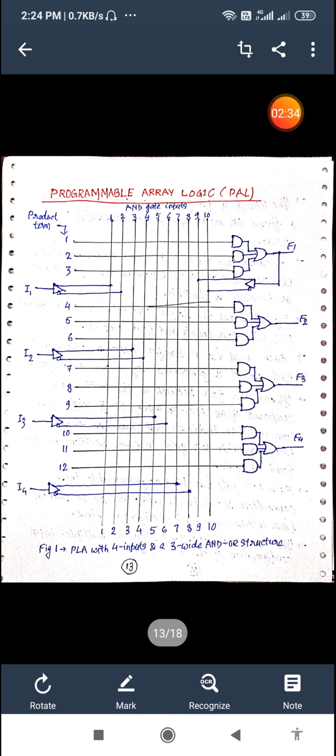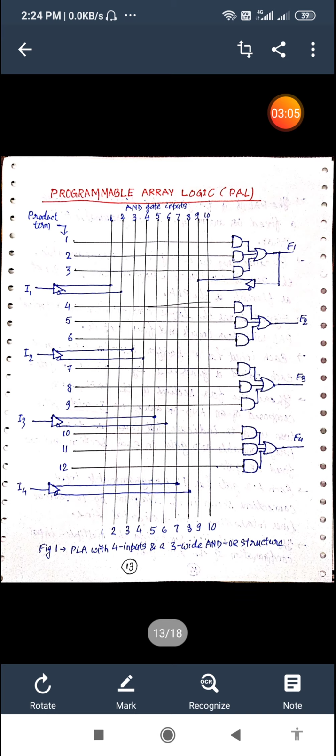Each AND gate has 10 programmable input connections, shown in the diagram by 10 vertical lines intersecting each horizontal line. Again, the horizontal line symbolizes the multiple input configurations of the AND gate. See in this figure, one of the outputs is connected to a buffer inverter gate. Here F1 is connected to the buffer inverter gate and then fed back into 2 inputs of the AND gates.